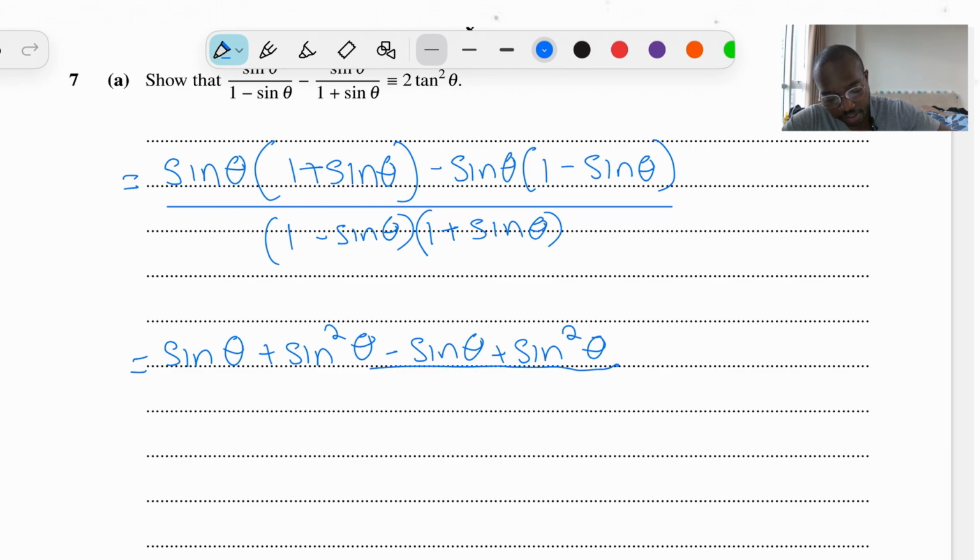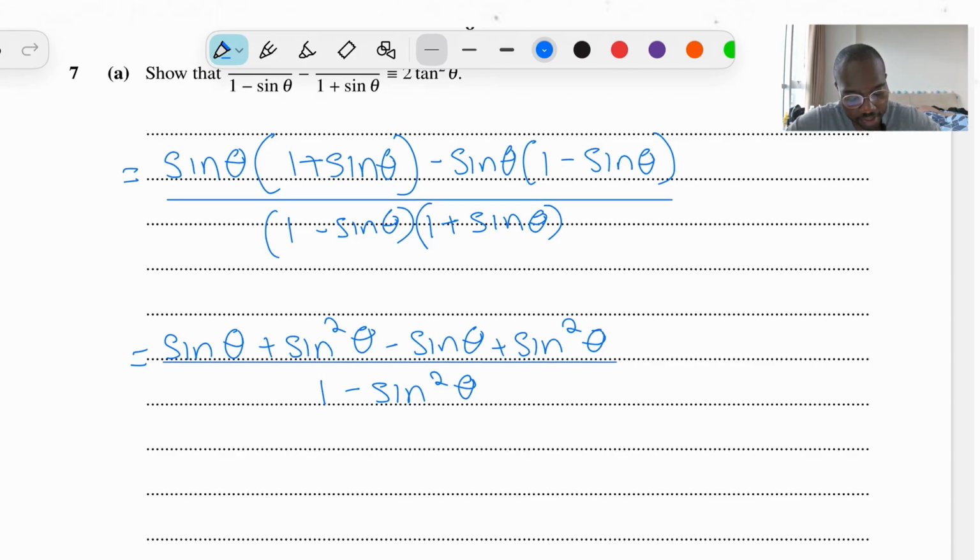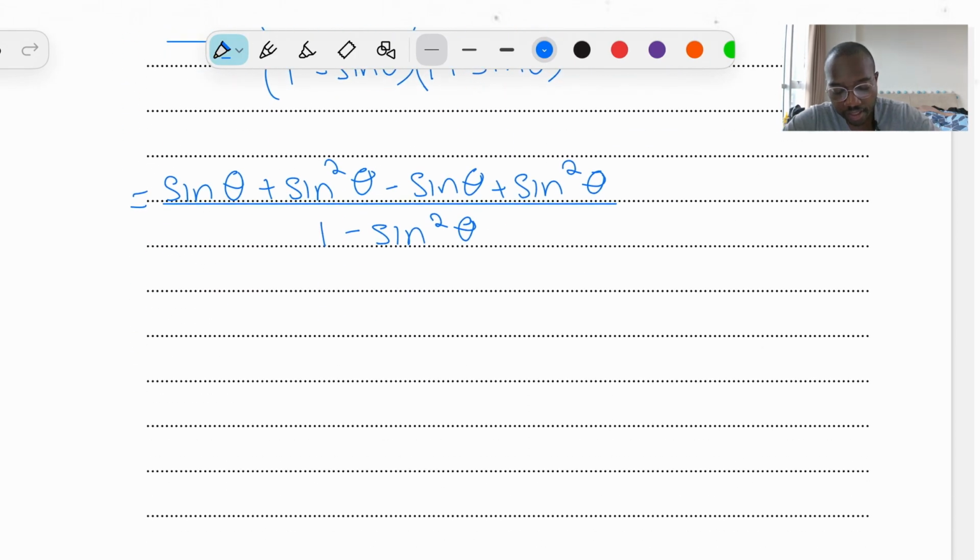Okay, and then the bottom, since it's a difference of two squares, that will just be 1 minus sine squared theta. And now at this stage, there's some cancelling we can do. The sine thetas cancel out, so we'll be left with sine squared theta plus sine squared theta, which is 2 sine squared theta, and that would be over